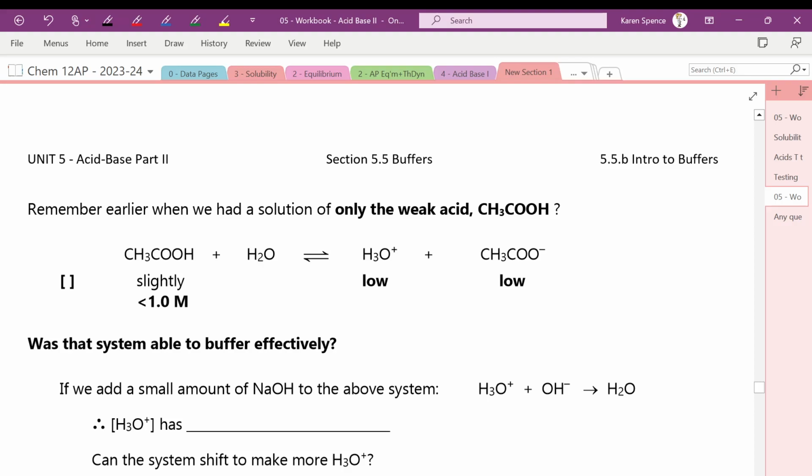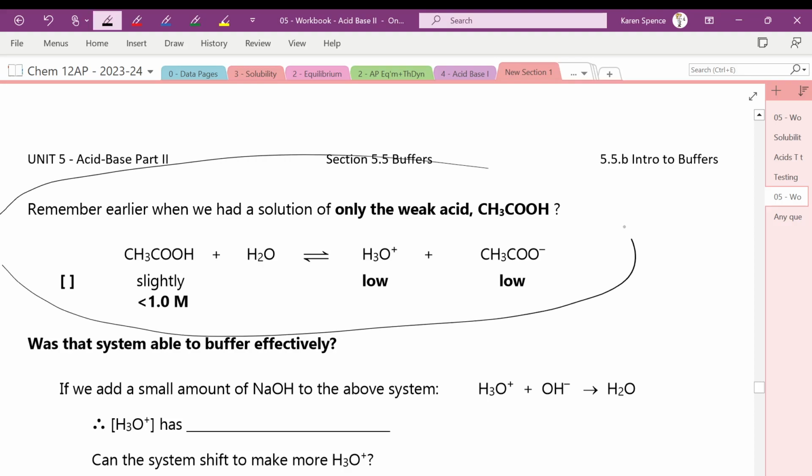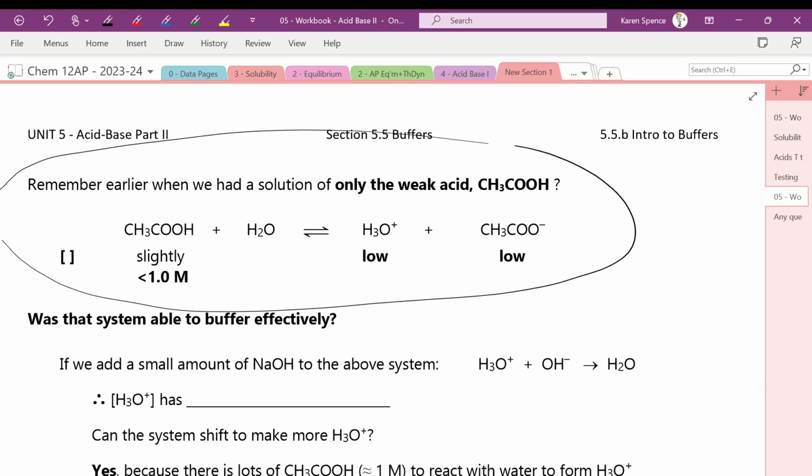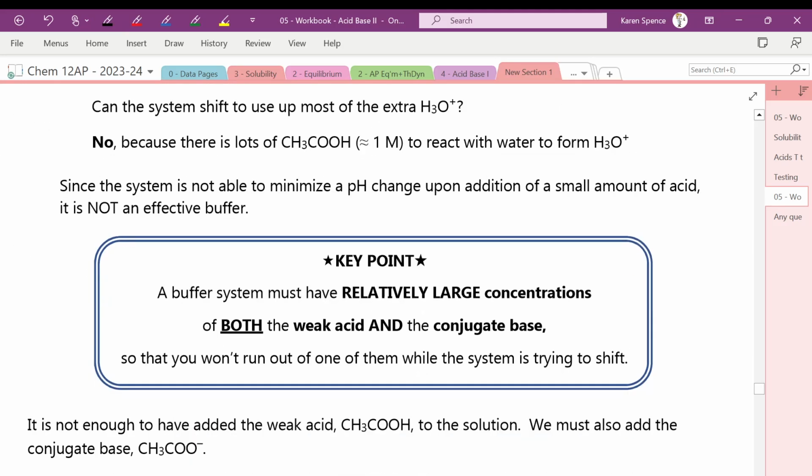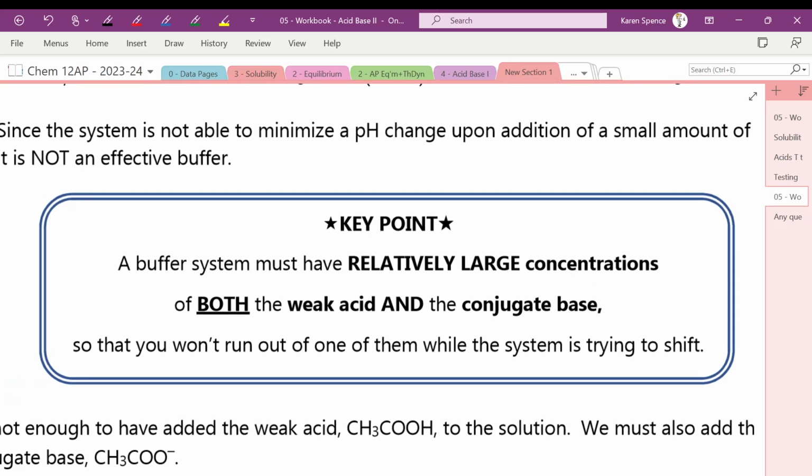I think this, honestly, is just more rambling about the same thing. Like, what if we only had the weak acid? If we only had the weak acid, would it be able to buffer effectively? No, because it's an acid, it can buffer against base. But if you don't have the base form, you can't buffer against acid addition, okay? So we're not going to fill all that in, but the key point is that a